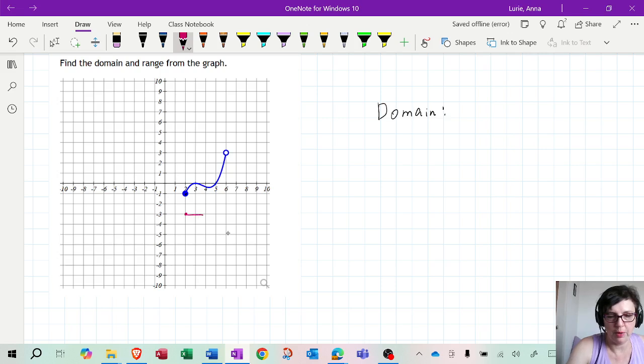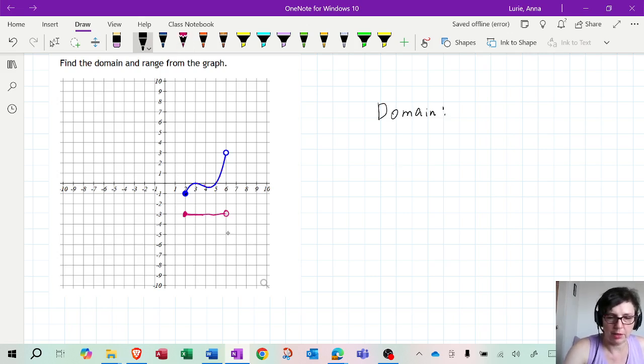As you move along, imagine you're walking along that graph. At the same time, your x changes all the way up to 6 when you reach that point with coordinates (6, 3). But over here, it's not going to be solid. It's going to be empty, whereas over here, it's solid. So let's see if we can write that down.